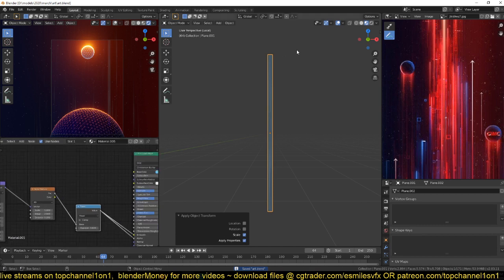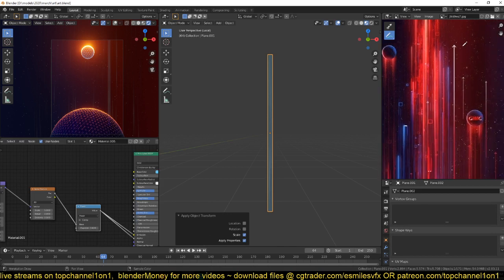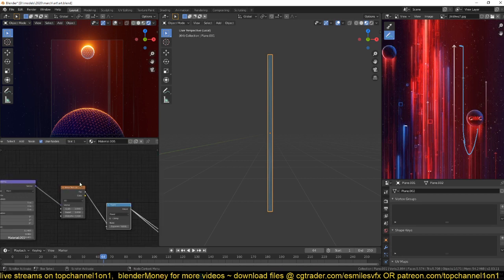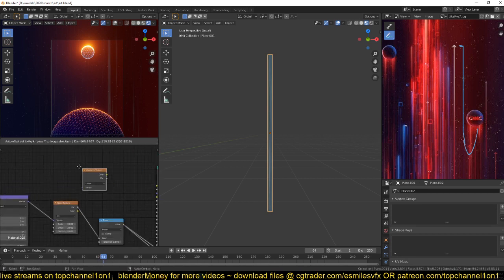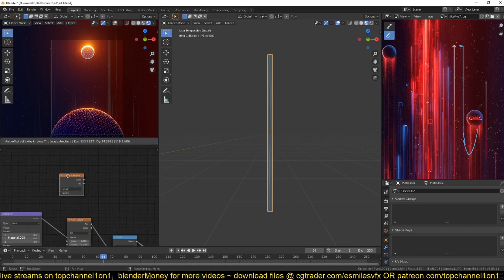Anyway, let's create the gradient so that this light is a bit fading as it goes from top to bottom like that. So just add a texture, gradient texture. We need it to go from top to bottom, so Ctrl T,